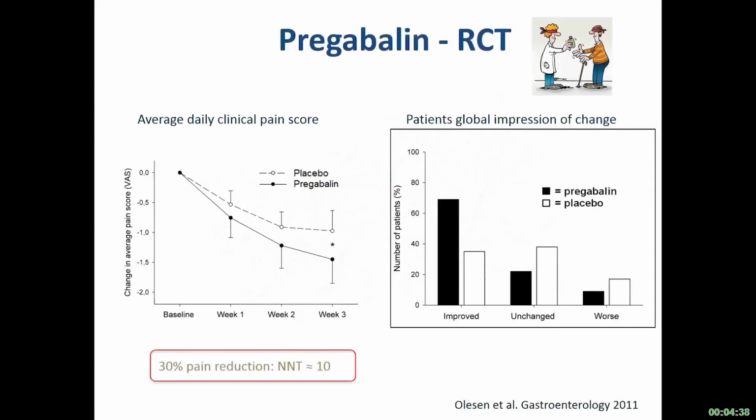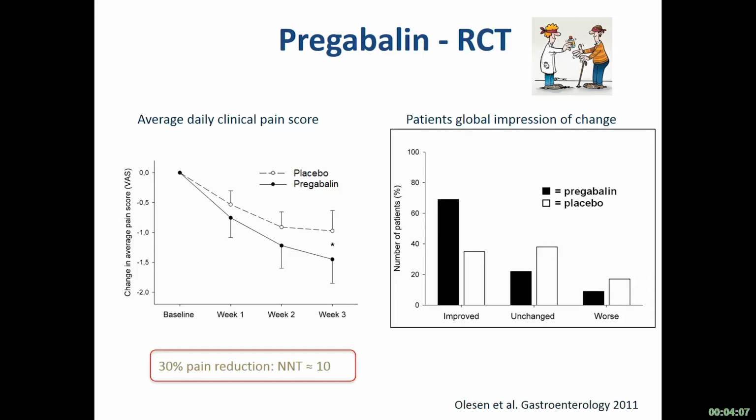A more successful history comes from our previous studies on Pregabalin, one of the gabapentoids that can modulate the calcium channels in the presynaptic neuron. We used this some years ago as an adjuvant analgesic for the patients' normal pain treatment. So they just had either placebo or Pregabalin on top of whatever they had. And then we followed them for 3 weeks and could see that Pregabalin induced a clinically meaningful